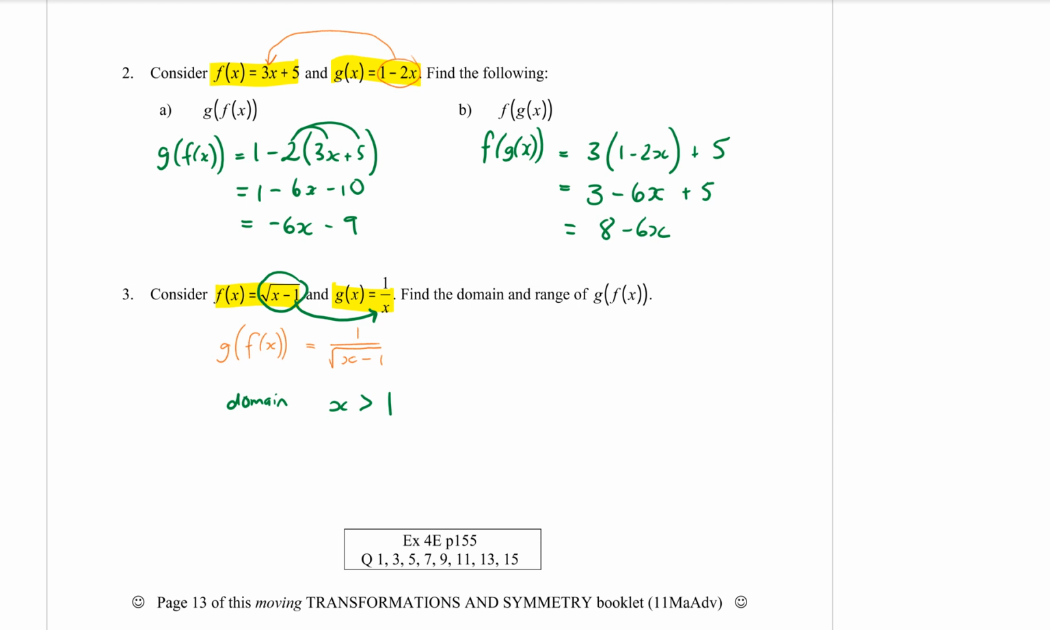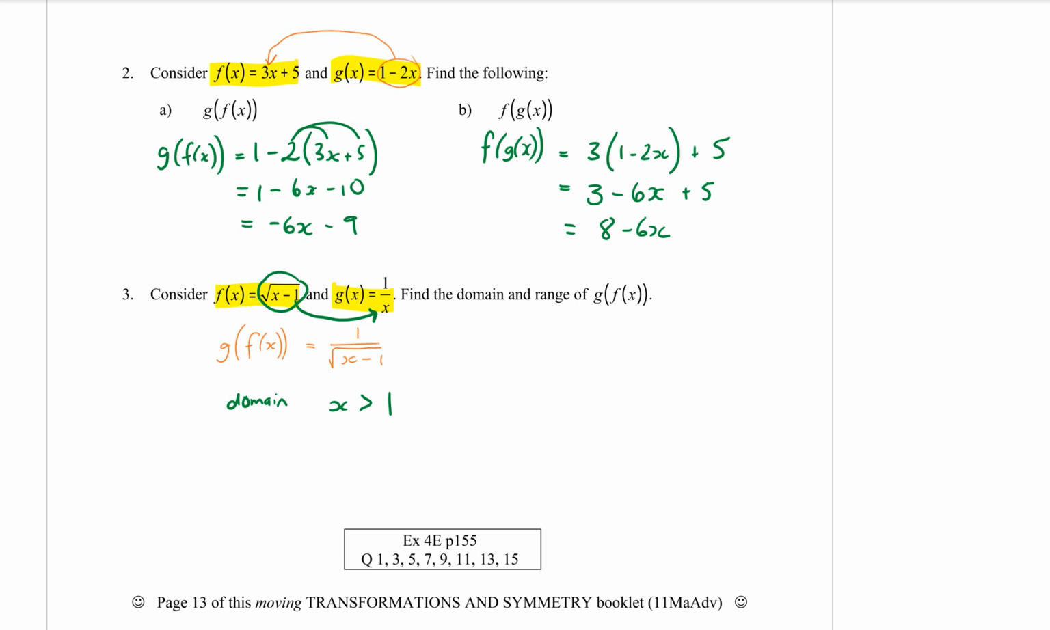Is that the same as x is greater or equal to 2? No, because it could be 1.1 or 1.000001. It only has to be microscopically larger than 1 and it will work. Okay? The range. Now, because we don't really know what that graph looks like, the easiest way to determine the